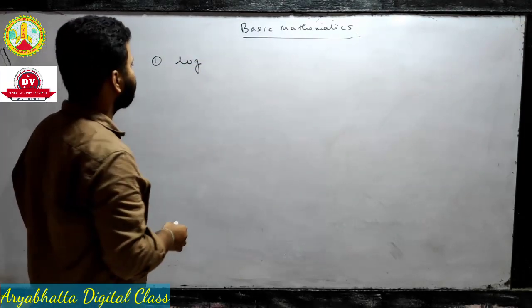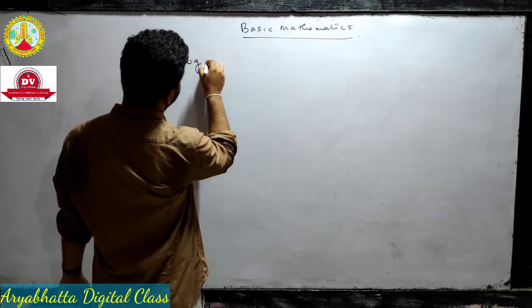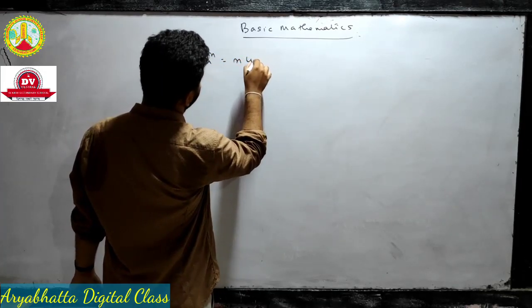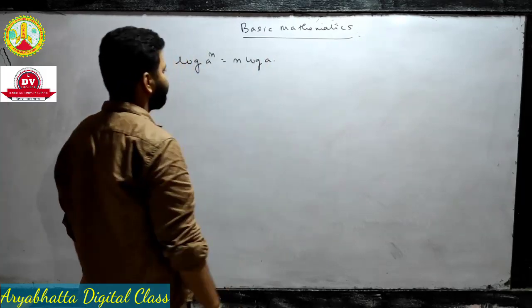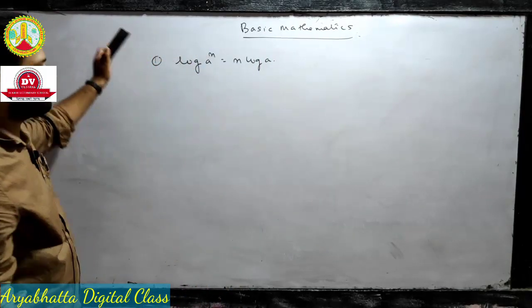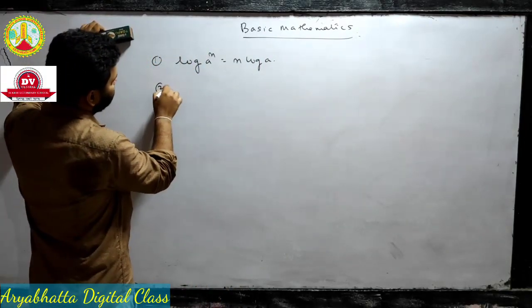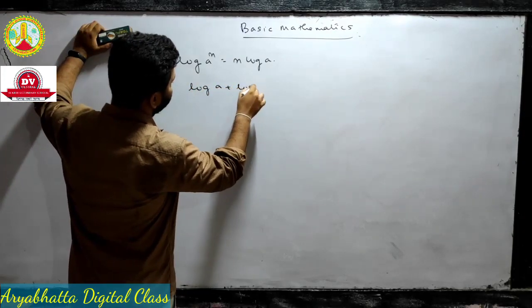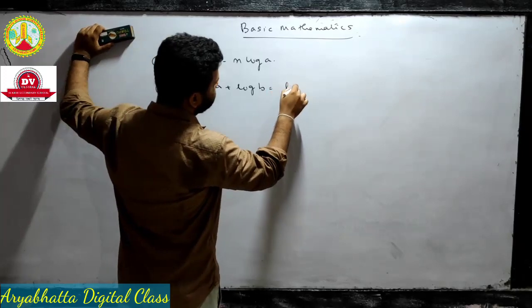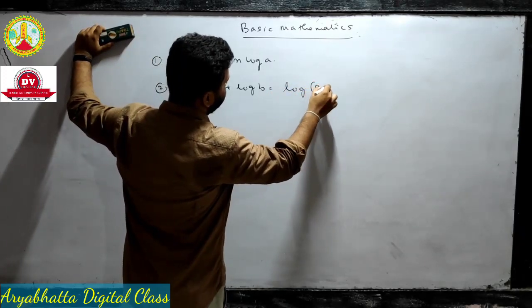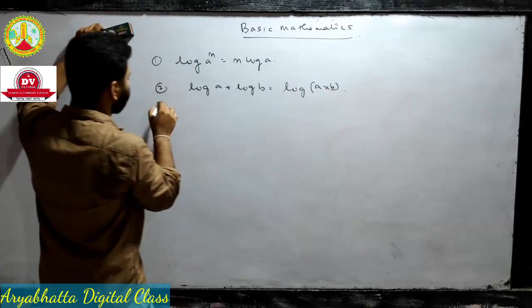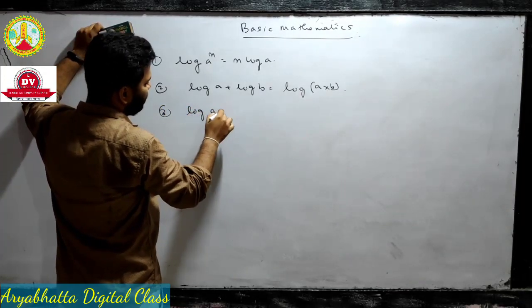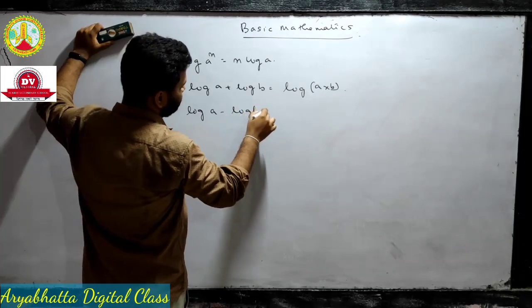First one is log a to the power n, this is n log a. Okay, power will come to the front. Number 2, log a plus log b, so this is log a into b. Number 3, log a, if it is minus, then it will be